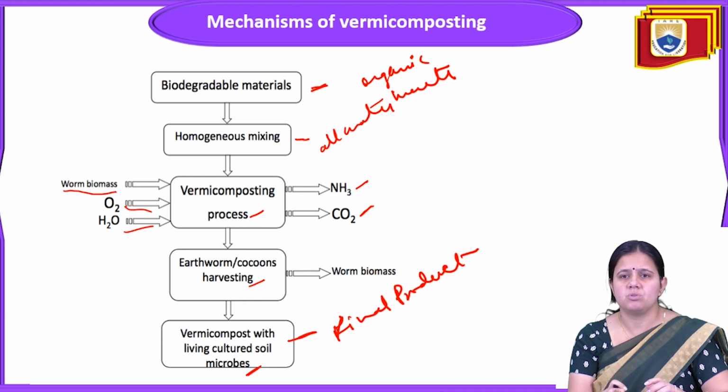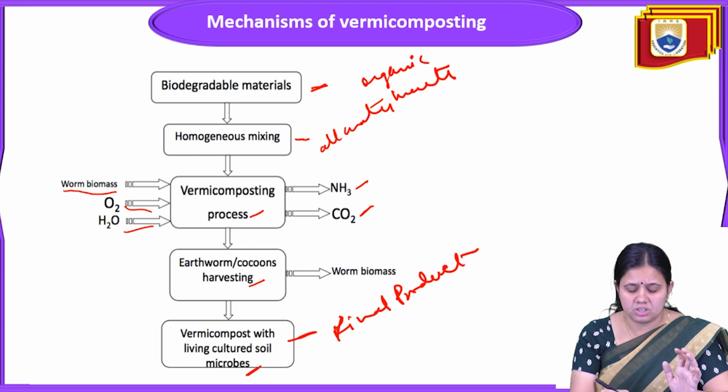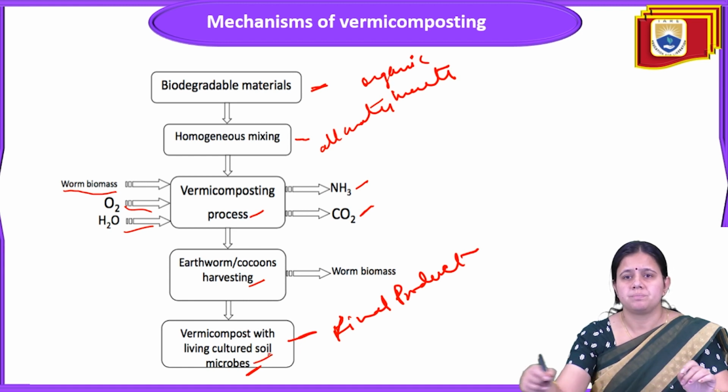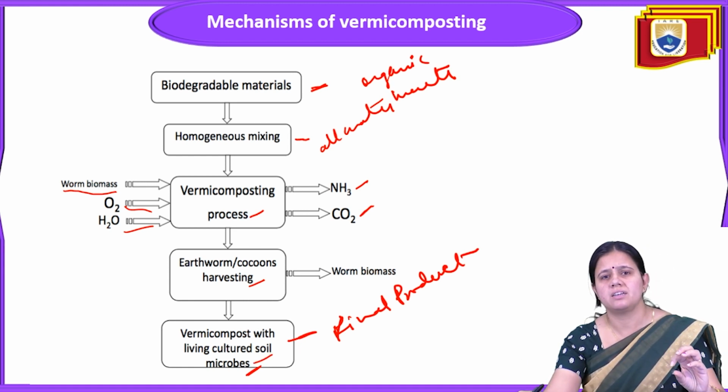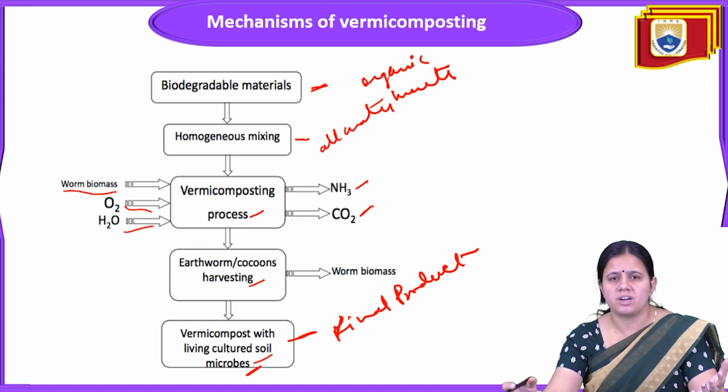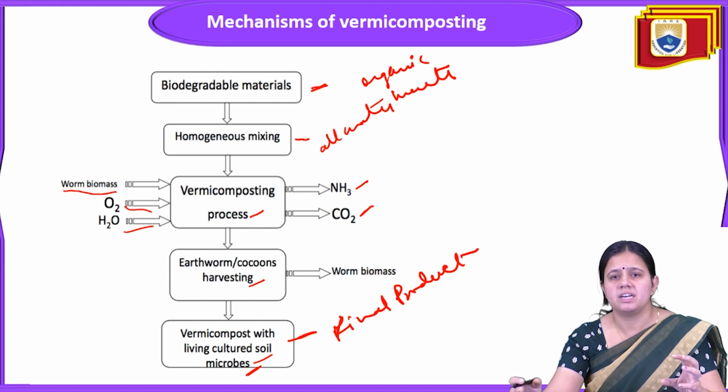That's why vermicomposting is very important, and this vermicomposting mechanism is also very good. Vermicompost contains some living cultured biomass and soil microbes. Vermicompost is like this: there is solid waste, and into that solid waste we add some worm biomass. The worms degrade the solid waste, and through this degradation process